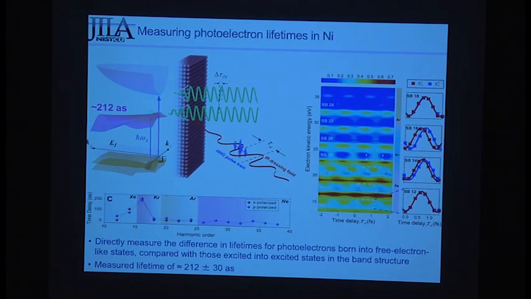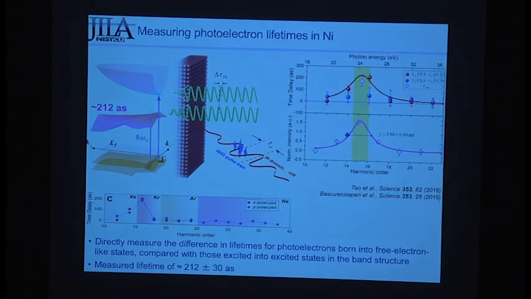So it was great, because we knew the line width, so it was a great thing to learn how to do the measurement on, and that's what's plotted here. You can see just where we expect the resonance, we see this 200 attosecond time delay. And so it's very clear. And once we learned how to do that measurement, then